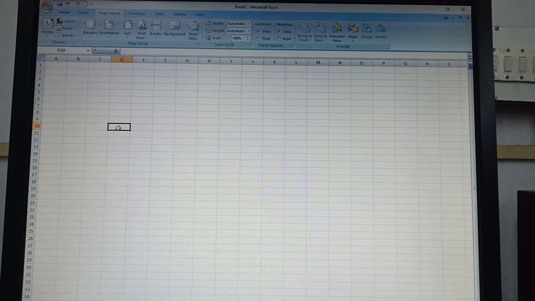Now if you want to enter any value, you can enter any value by clicking on that cell or by clicking on formula bar. Formula bar is the text box which shows the value there in the active cell. Right now no value is there, so formula bar is empty. Once you are going to enter any value, that value is getting appear in the formula bar. You can easily see it.